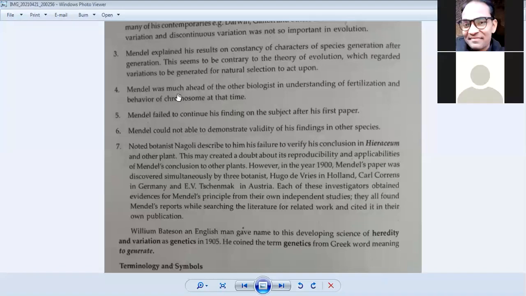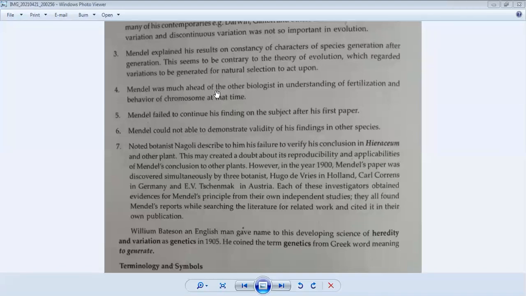Mendel was much ahead of other biologists in understanding of the fertilization and behavior of chromosome at that time। उस समय मेंडल की जो थिंकिंग थी या फिर मेंडल का जो सोचना था वो बहुत ही आगे था। ठीक है, कोसों दूर था, हम लोग बोल सकते हैं कि उनका विजन जो था वो बहुत आगे था एज कंपेयर टू दिस डार्विन एंड गेल्टन, because at that time there was no discovery of microscope and even the process of cell division। वहां पे माइक्रोस्कोप भी अवेलेबल नहीं था और सेल डिवीजन की प्रोसेस क्या होती है वो भी डिस्कवर नहीं हुई थी।